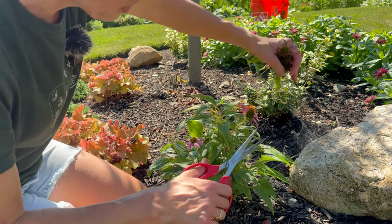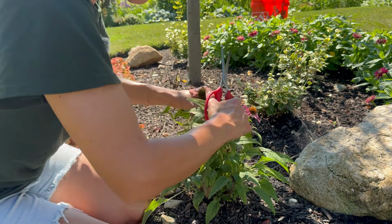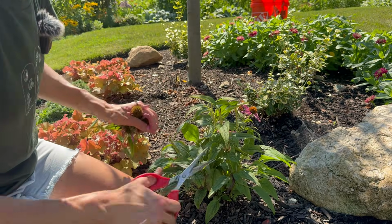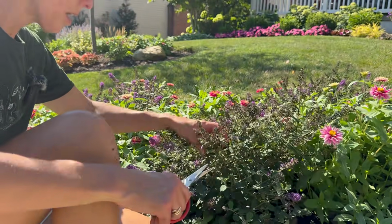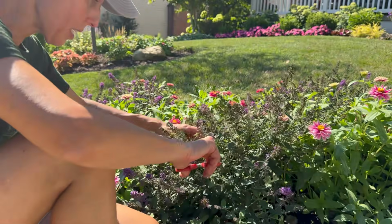I grew this from seed too. I want to grow more of these for this bed. Right now I only have one because I had too many for another area. All right, let's see how long I can get my phone to last. It's now in the bright sunshine, but I'm just going to come in